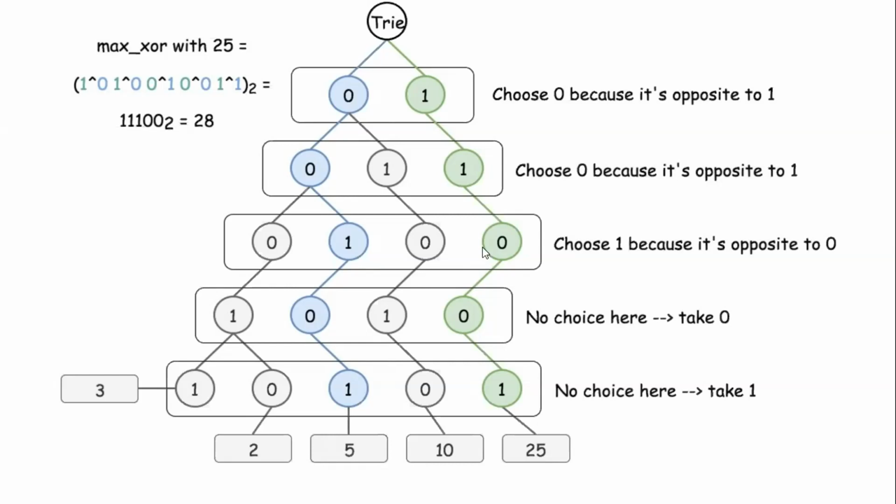Correct, whichever gives the maximum. We don't straight away choose the maximum. We have to consider previous values also, because we want to maximize the most significant bit first, then you come down a level below. Let's say that at level 2 in this example, 1's children also have 0, 1, and 0's children also have 0, 1. Then how do we decide which one and which 0 to take? Because I can take anything. If on my left side I take 0, then on the right side I can take 1. Or if on my left side I take 1, on the right side I can take 0.